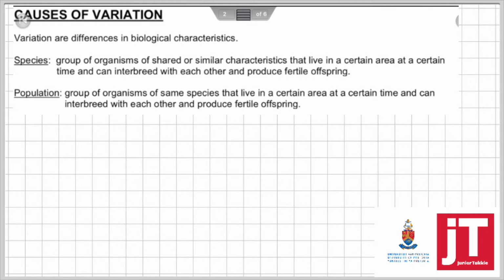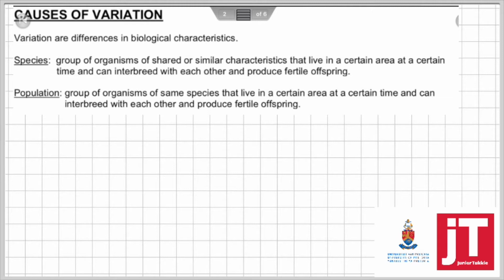Now, variation is differences in characteristics, your biological characteristics. If you look at human beings, you will see that we're very different. Each of us is different from each other. And variation is important. Before we talk about how variation is brought about, we need to know 2 important